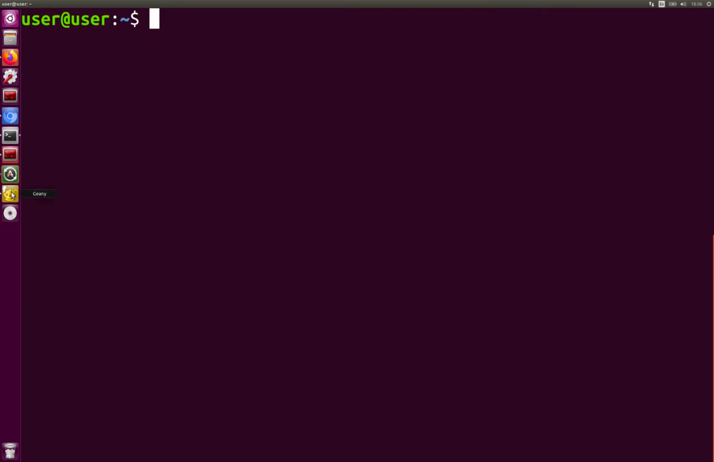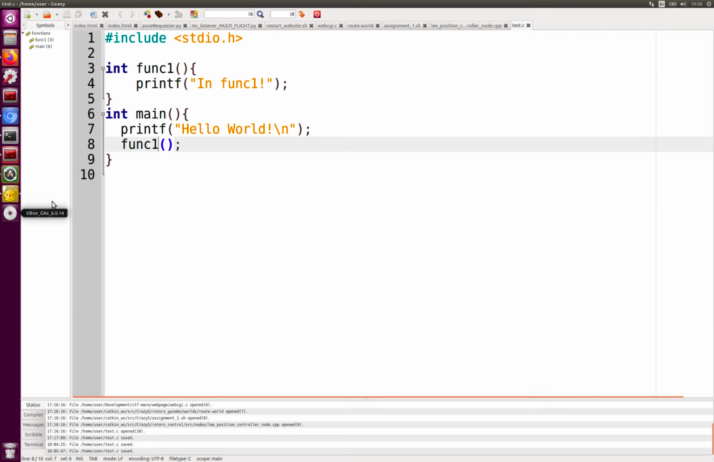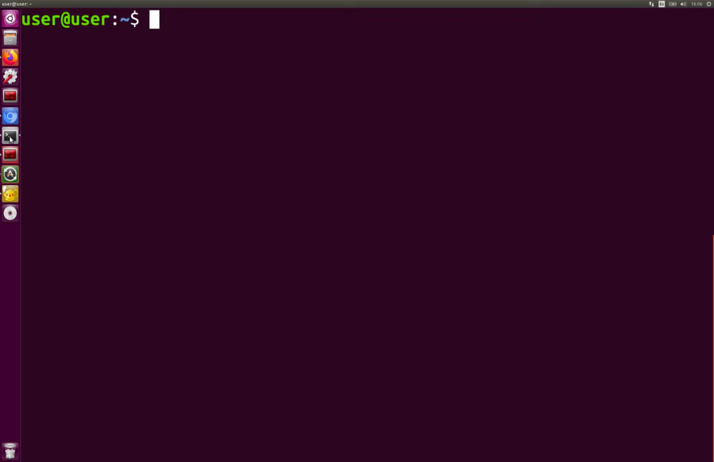So let's say we have this sample code here where in the main function you're just printing hello world, and then it calls func1, which just prints in func1. So if we compile this with GCC, and let's say we use strings on the binary,